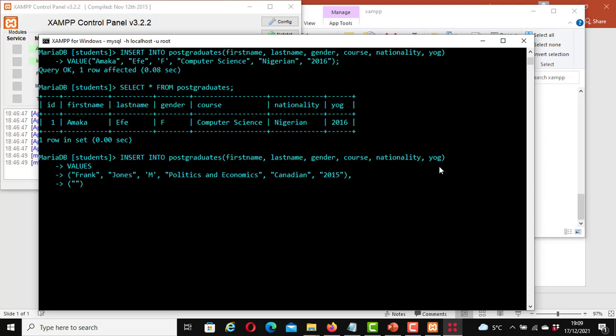comma, another row, Leonard, period, M for male. What did he study? Software engineering. He's an American. And year of graduation 2014, comma,